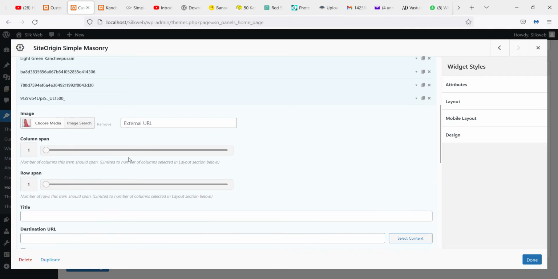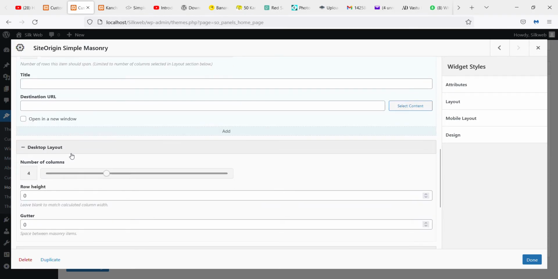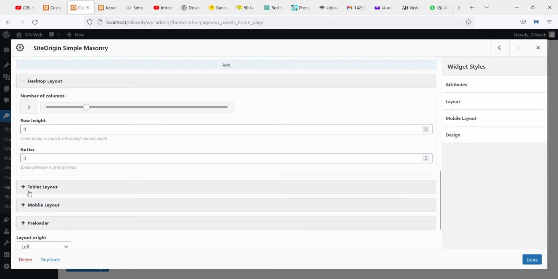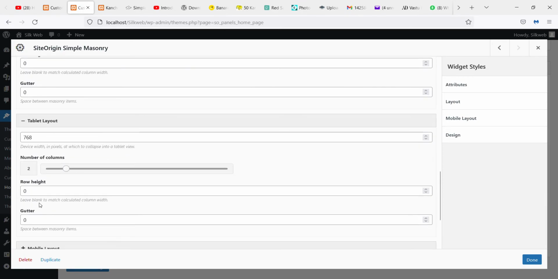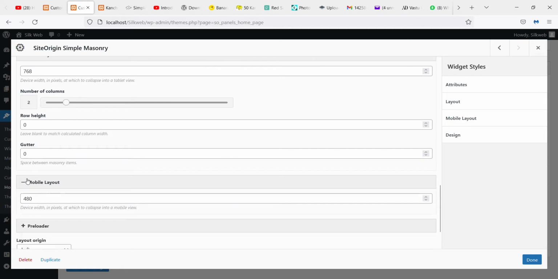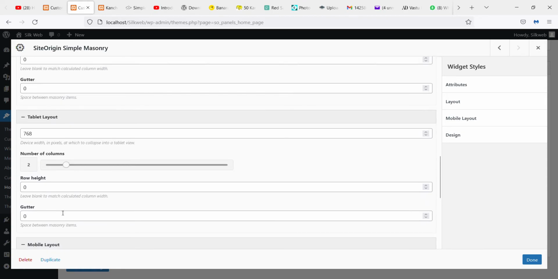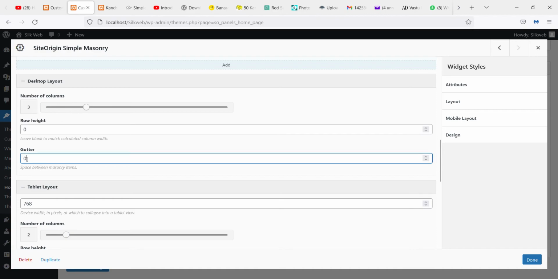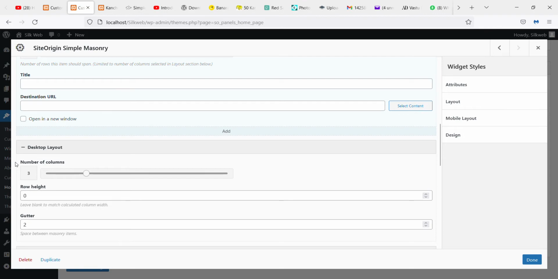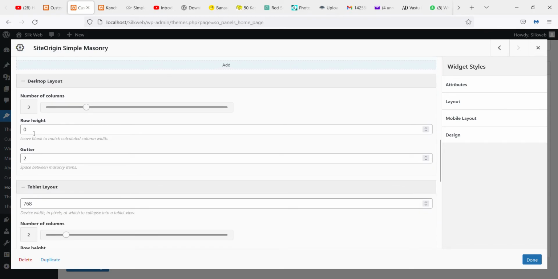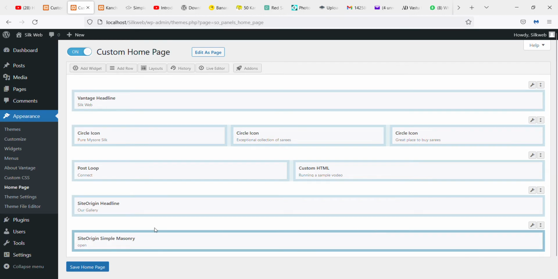So now I will create the number of columns as 3, and if you are going to view it as table layout, it will be 2 columns in a single row. In a mobile layout it will be 1 column, that's fine. And you can also add gutter to it. If you want to add spaces, it will be gutter. So I'll keep the row height as 3. So I'll click on done, save home page,